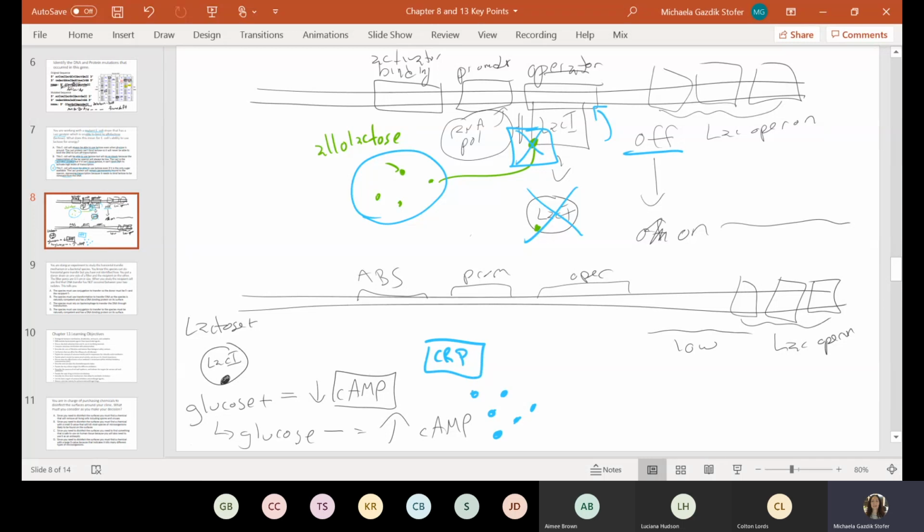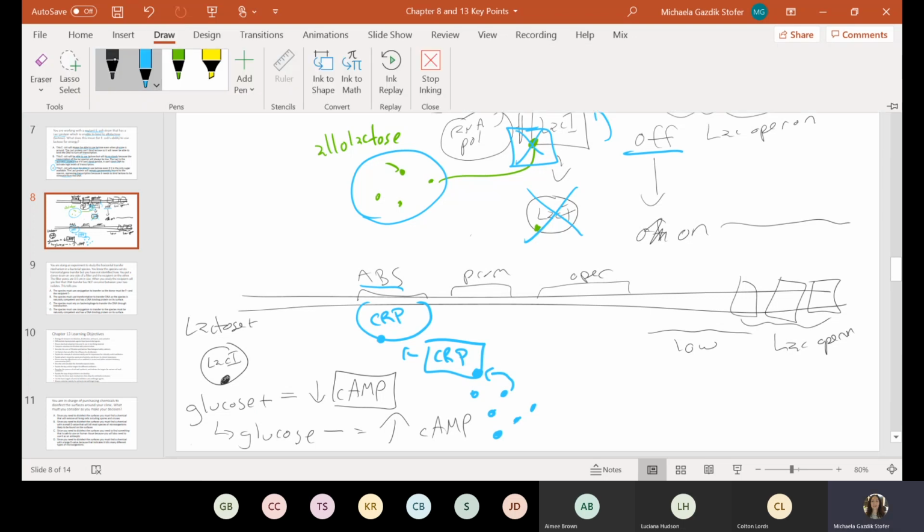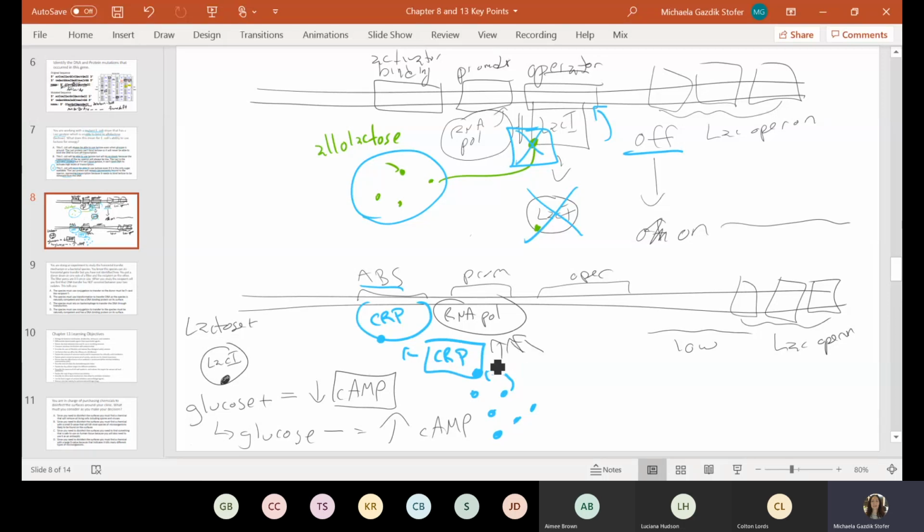This is the activator, but when glucose is around and there's no cyclic AMP, it just floats in the cytoplasm. Once cyclic AMP shows up, cyclic AMP binds. That again changes conformation, but now we change to a conformation that can bind to the DNA. The activator protein binds the activator binding site, and the whole purpose of activator proteins is to recruit RNA polymerase. So now we get a lot more RNA polymerase coming and binding with the promoter, remember, along with the sigma factor. This means we're now going to get lots and lots of transcription, which means we're going to go from low